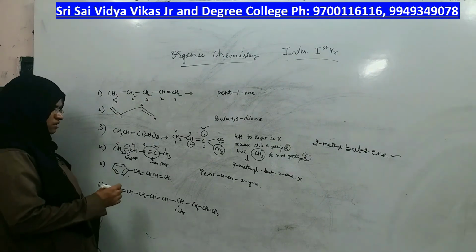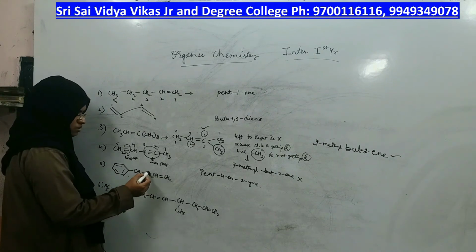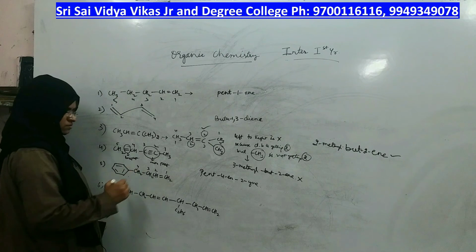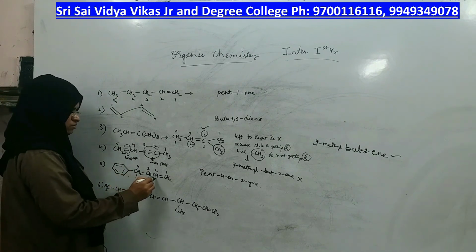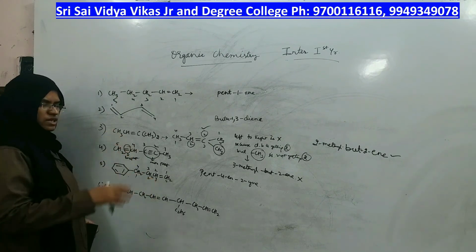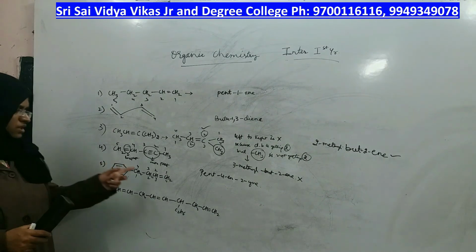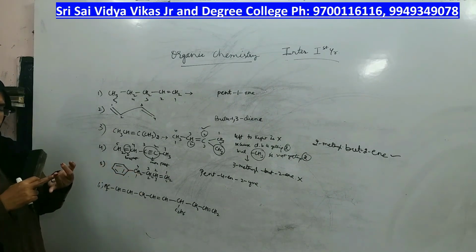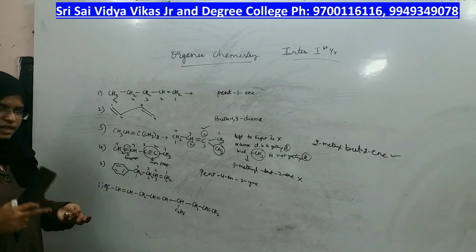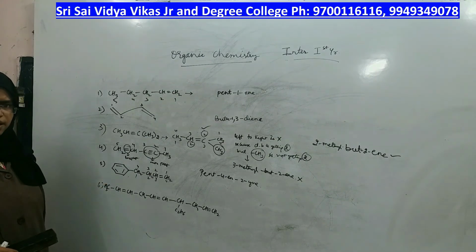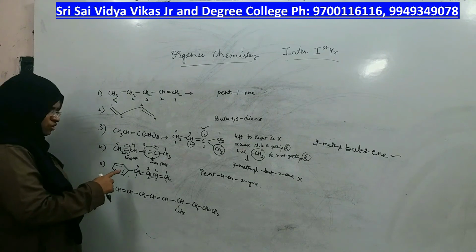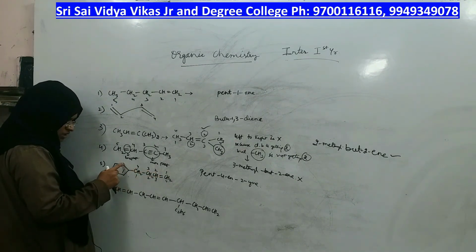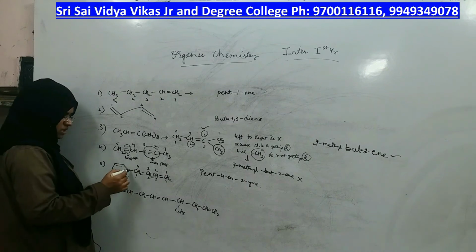What is the next compound? 1, 2, 3, 4 numbering, and 1, 2, 3, 4. As I already showed in the beginning with the prefixes, alkyl, alkoxy, nitro, chloro, fluoro, bromo, iodo, phenyl, all of them should become prefixes. So you should not give numbering as 1, 2, 3, 4, 5, 6, 7, 8, 9, 10. No need, because it is a substituent.